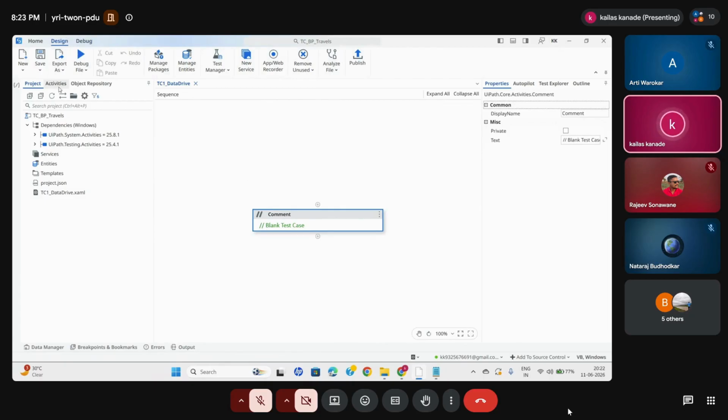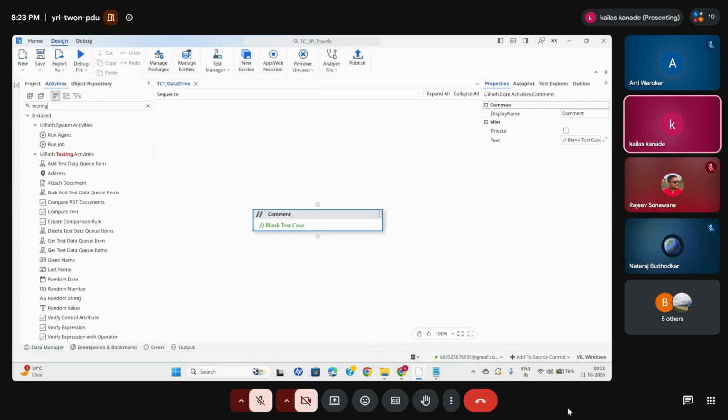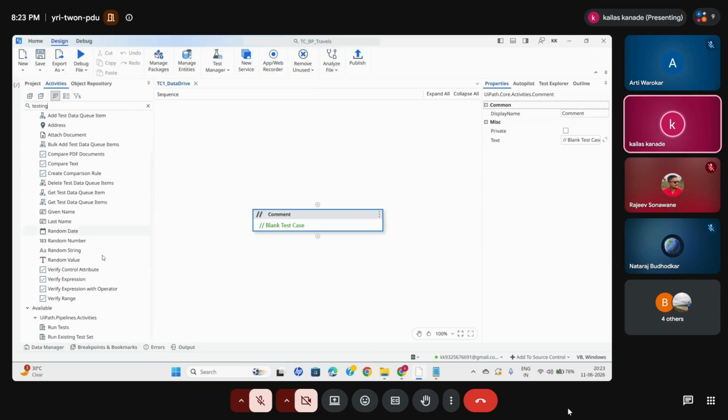So here we have the activity panel. Suppose I just want to check data. Okay, so for testing purposes we have activities. When you are going to write the testing, you will get multiple activities. These are all nothing but testing activities. Generally people use this verify activity. So what is my task? I need to check whether this data is greater than or less than. That's why we have multiple activities: verify control attribute,